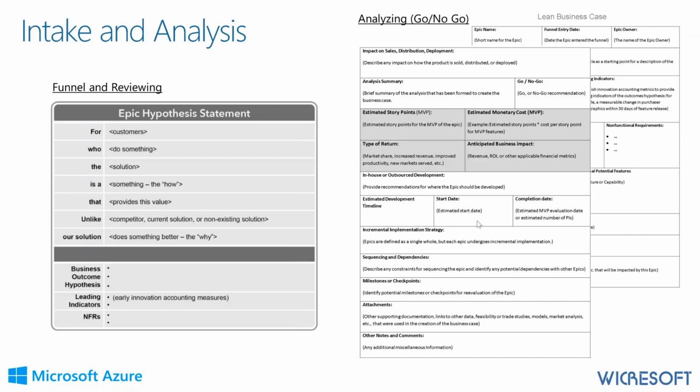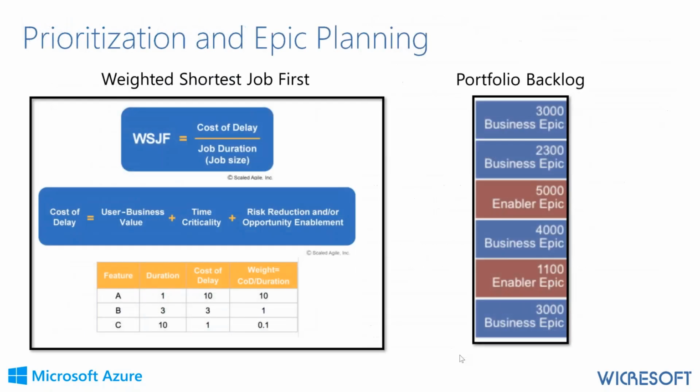There could be some flexibility in your organization in how you actually use a lean business case. The point is that you should try to make it concise and clear for everyone to complete and not be bogged down in analysis, because that's what we're trying to avoid. We're trying to just move value through our portfolio Kanban with agility. So then comes prioritization and epic planning, and here's really where